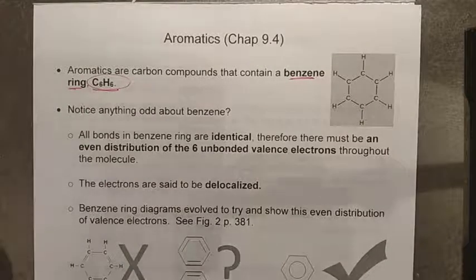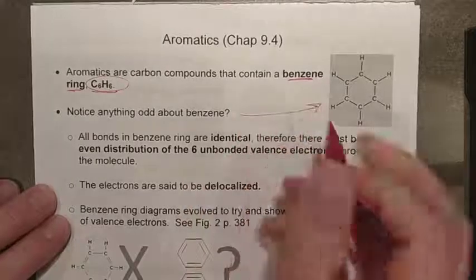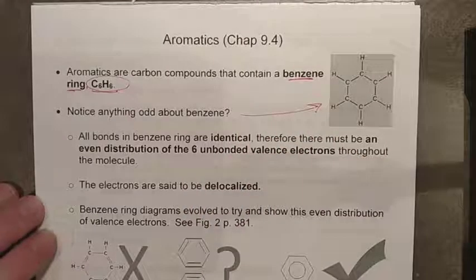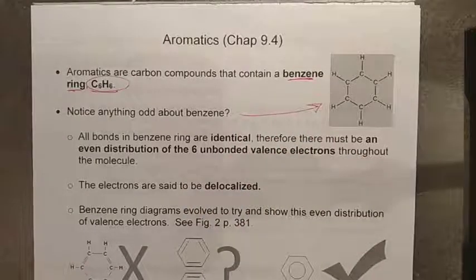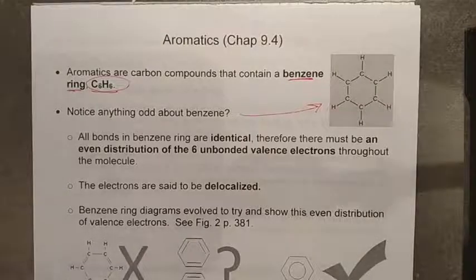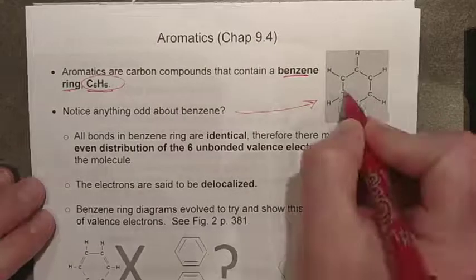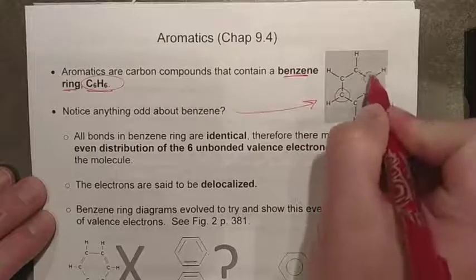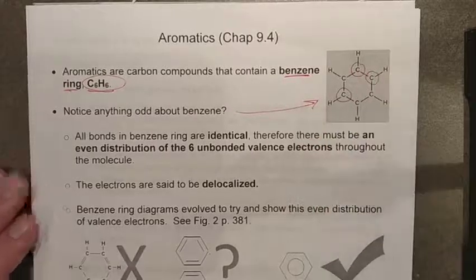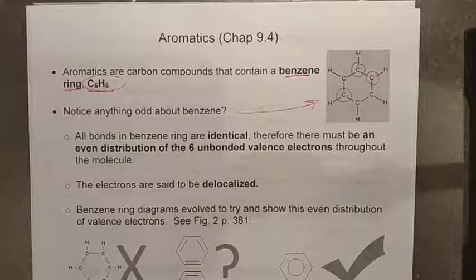As you take a look at the picture of benzene, you might notice something a little bit strange with it. We've been looking at one set of rules for all of our hydrocarbons and all of our organic molecules so far, and that is that carbon must have 4 bonds. Analyze any one of these carbons, and you'll see that benzene seems to be violating this rule.